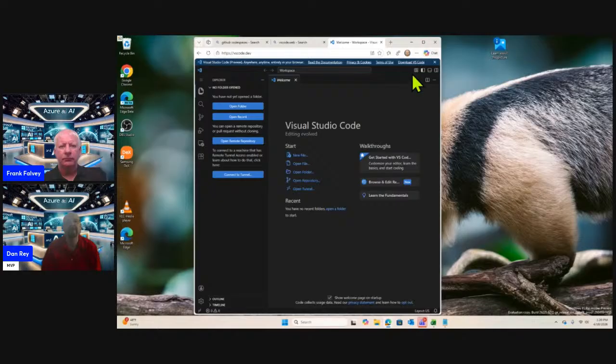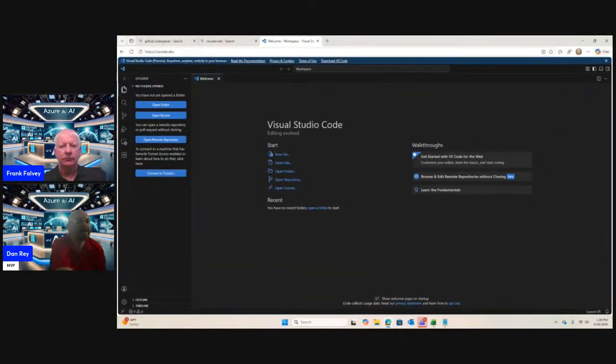So I discovered vscode.dev and was interested in looking at some of the terminal things